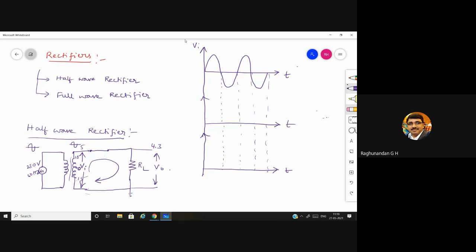So when the diode is forward biased, during that time, the output will be like this. Now, during the next cycle, the negative half cycle, the current is going to flow in anti-clockwise direction. So when it is flowing in anti-clockwise direction, what will happen to the diode? See that the current is flowing in this direction, that is from cathode to anode, it is trying to pass. What will happen during that time?